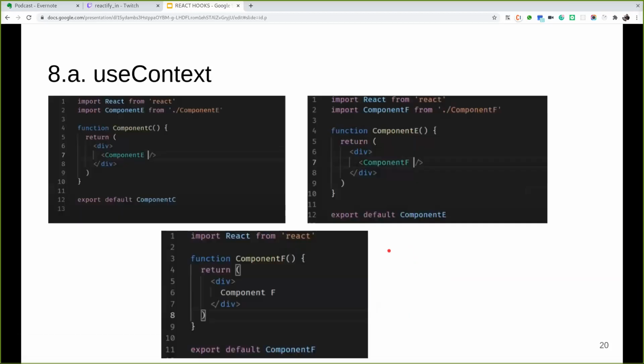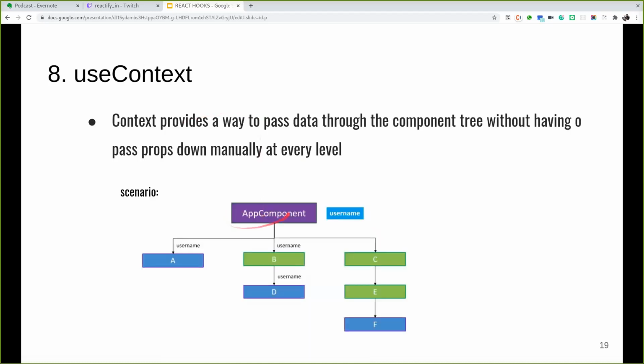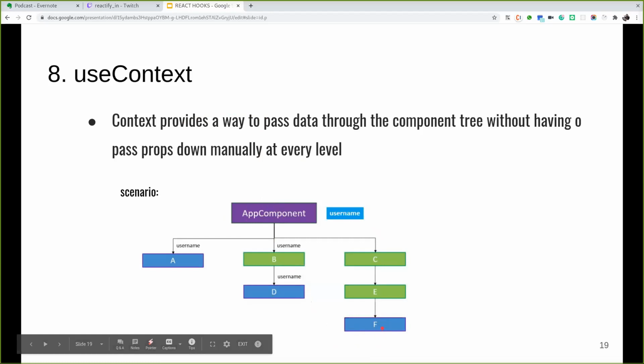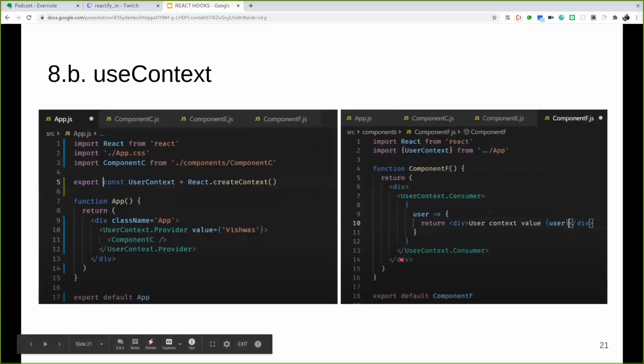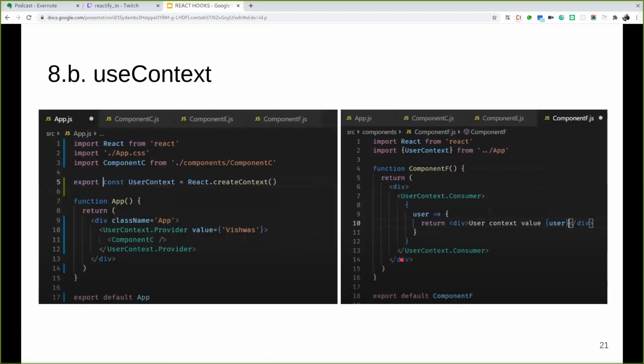In component C, component E is nested, and in component E, component F is nested. If we want to pass a username from the main App component to component F, essentially what we usually do is pass the props to every nested component. So using context solves that issue.